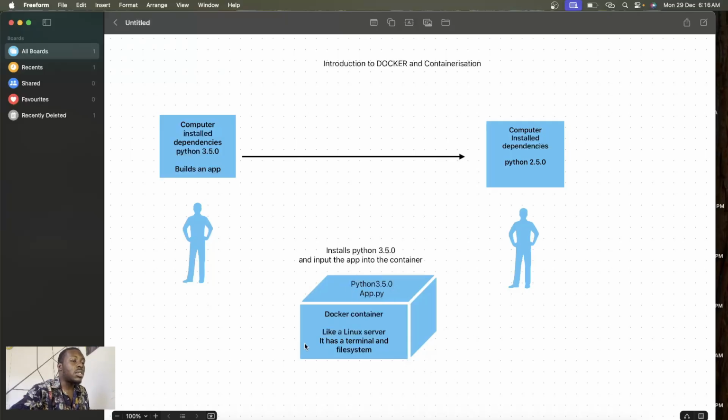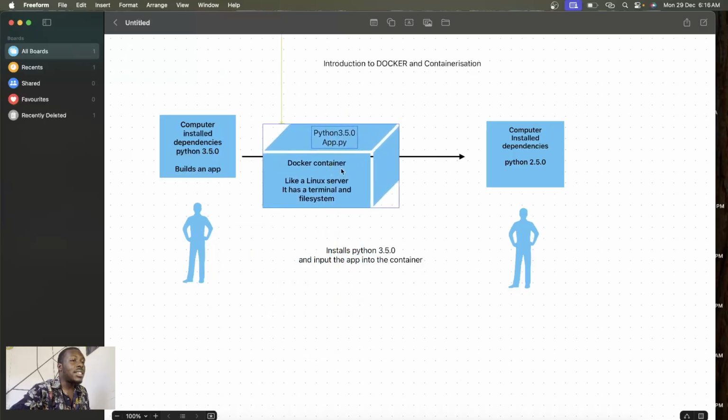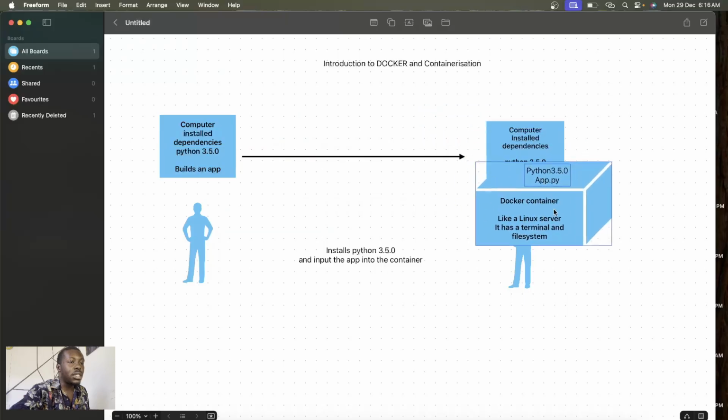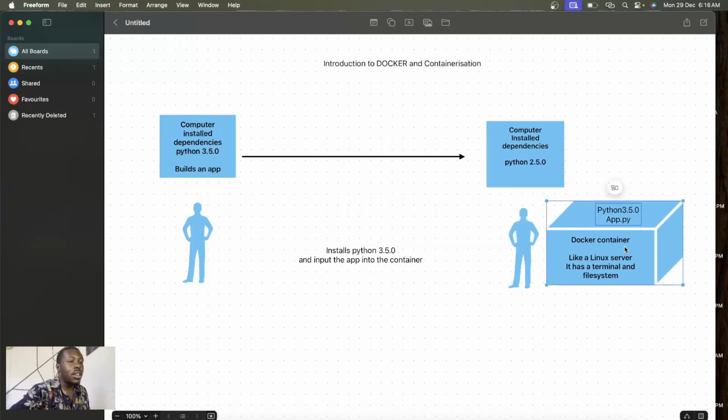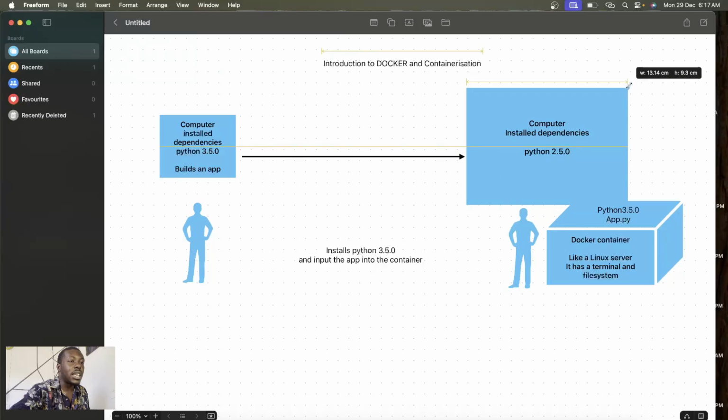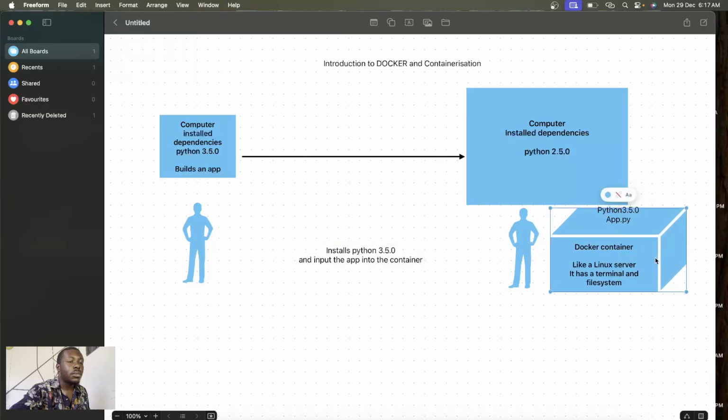Then what does the developer do? He will now carry this container and send it over to this developer. So instead of sending the script to the developer, and the developer worrying about the dependency of Python that he's running, the developer does not need to worry about that anymore. The developer just needs to run